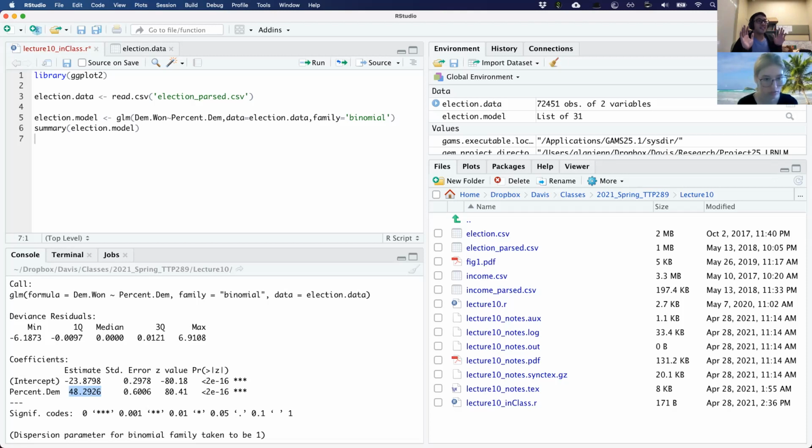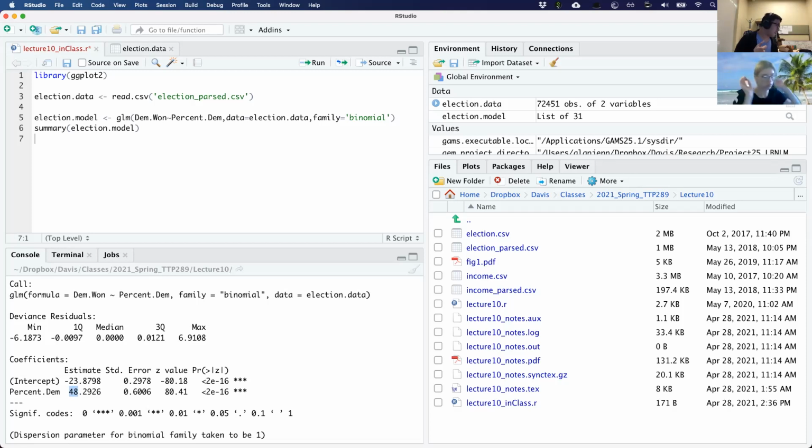So that is not how you interpret this, right? Sometimes I'll see people making this mistake where they'll look at logistic regression outcomes and think about it in the same way as the linear models that we've been talking about. That interpretation just doesn't really make sense, right? Remember, our ultimate outcome of the Democrat winning is just a 0 or 1 thing. So what the heck does this mean?